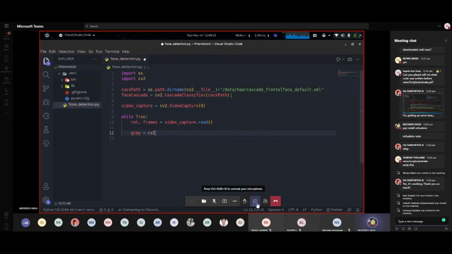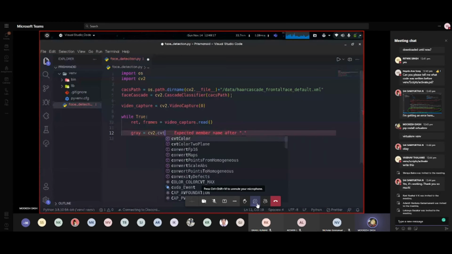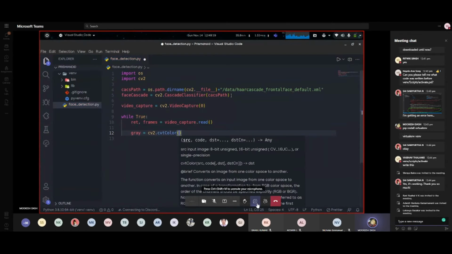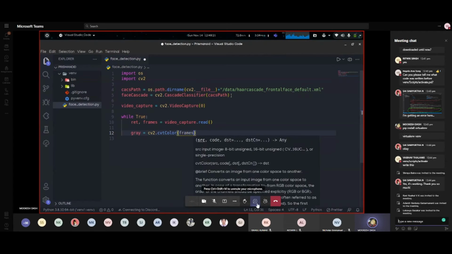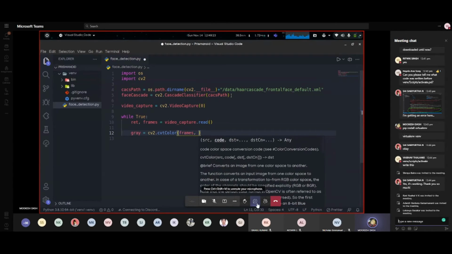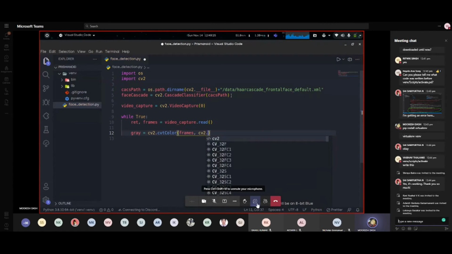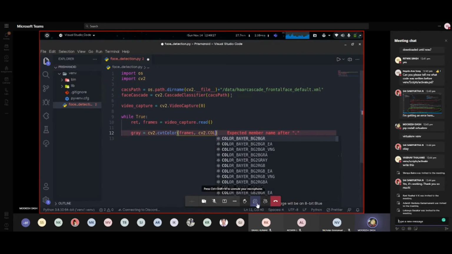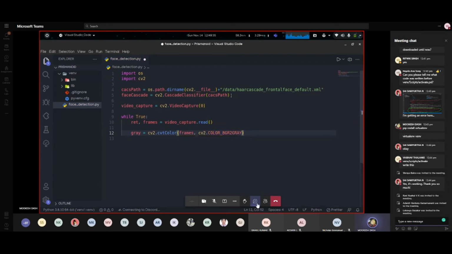We can do that using cv2 dot cvtColor, then we'll input frames, and then we will input cv2 dot COLOR_BGR2GRAY. This will convert our BGR images into grayscale.